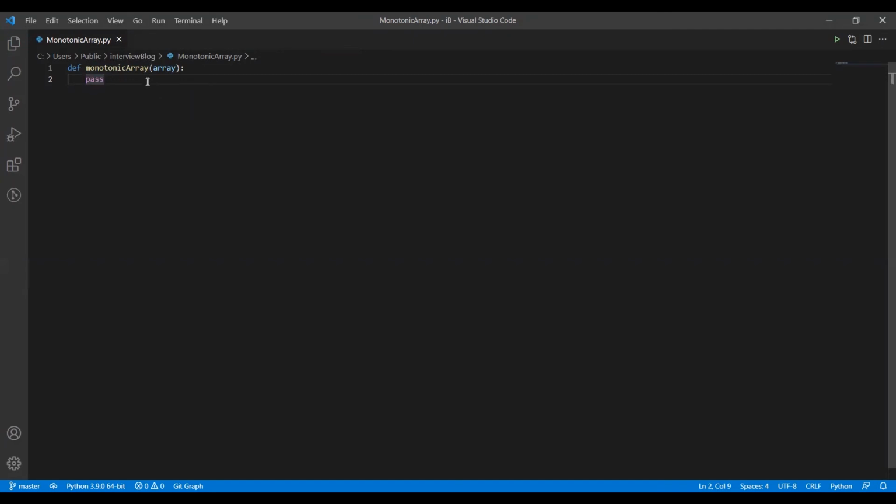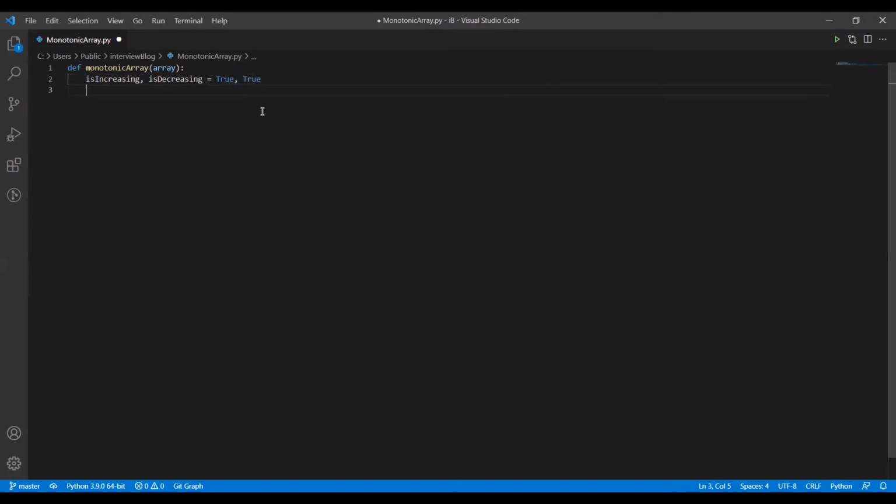All right. So we got our monotonic array function defined, which takes in an array. As discussed earlier in the explanation part, we'll be having two variables, is increasing and is decreasing. And both of these variables will be set to true initially.